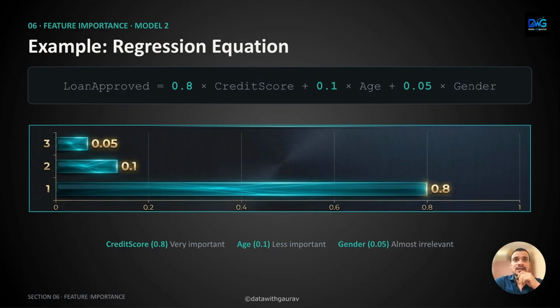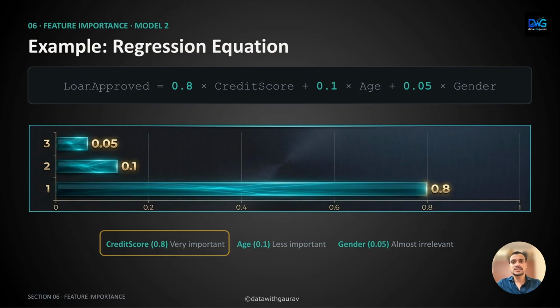The bar chart here simply visualizes the same idea. The longer the bar, the greater the feature's influence on the prediction. So unlike tree-based models, which determine importance based on where a feature is used in the tree, regression models determine importance by examining the magnitude of the learned coefficient. The key takeaway is that a larger coefficient generally indicates a more influential feature, helping us understand which variables contribute the most